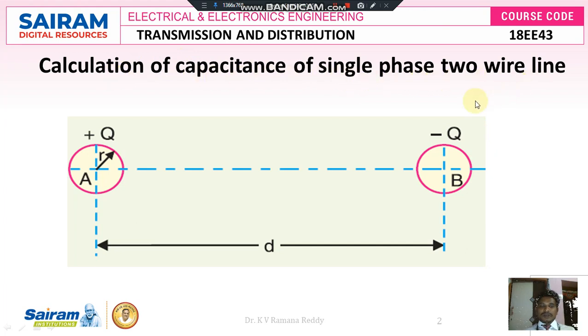To discuss this topic, let us consider two conductors, because it is a 2 wire line we are considering. So let us consider conductor A and conductor B, from conductor A to the outer surface of the conductor having a radius of r. Let us consider there is a positive charge at conductor A and a negative charge, that is minus q, at conductor B, and the distance between these two conductors is small d. So d is the distance by which these two conductors are displaced.